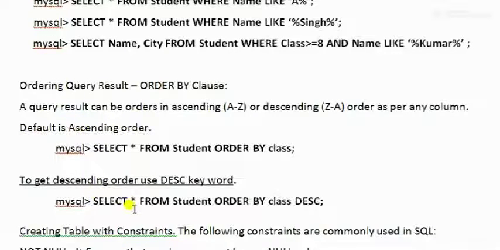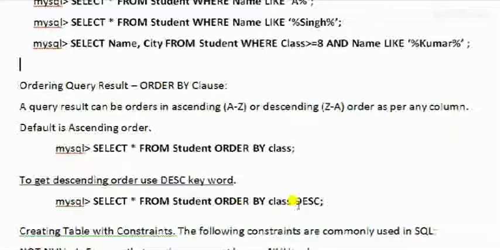Next, select all values of all fields from the student table order by class descending, DESC. So now the values will be displayed in descending order, on the basis of class.